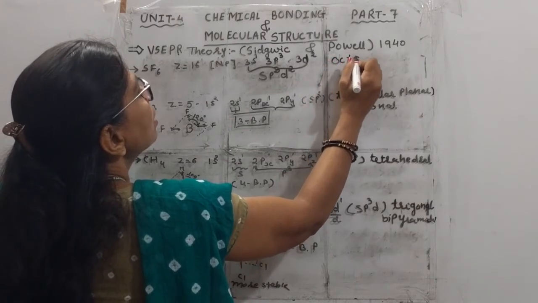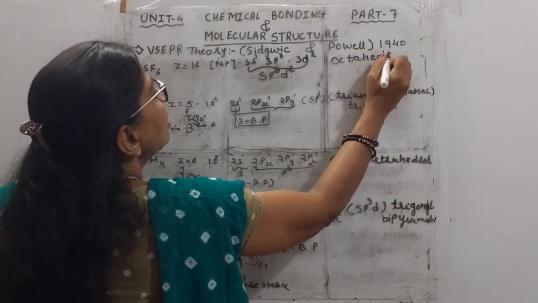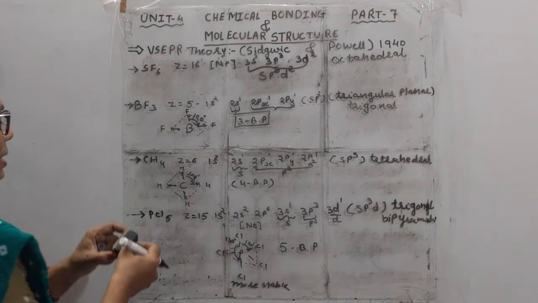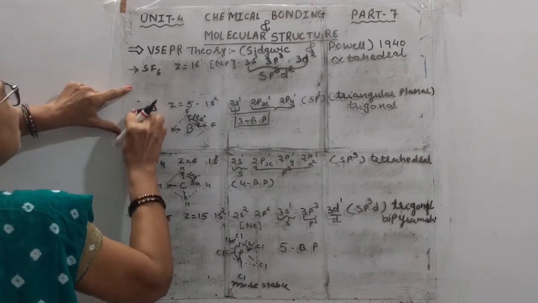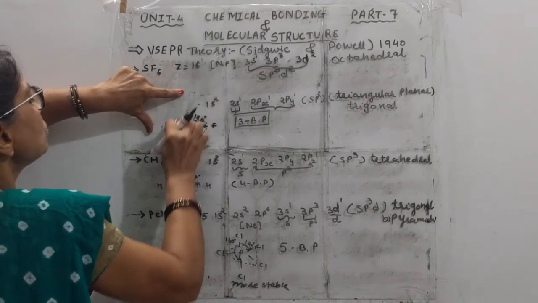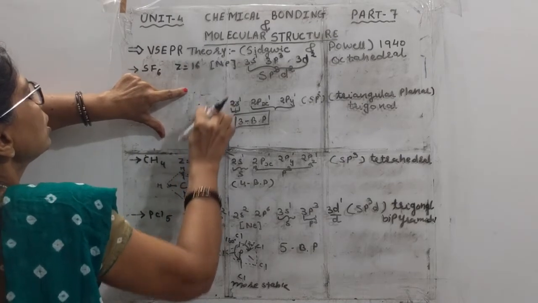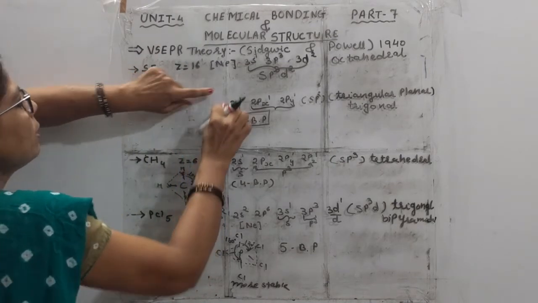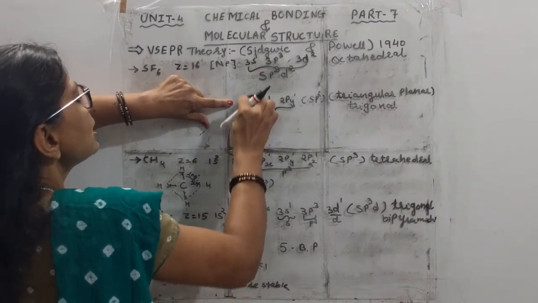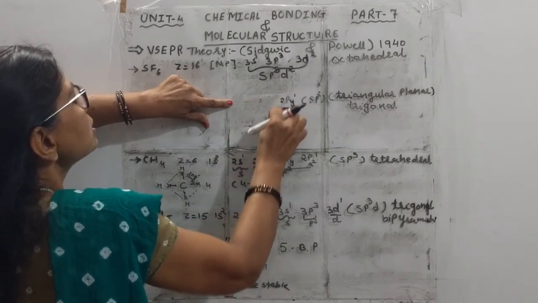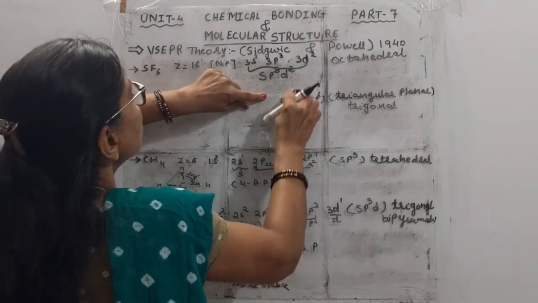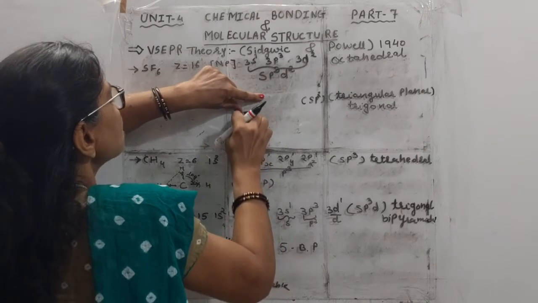Geometry gives octahedral. Octahedral means 4 in the front side and 4 at the back side. We'll just draw that octahedral structure, so that it is also clear to you how the octahedral, as you know octa means 8. So sulfur is the central atom surrounded by fluorine, and here we are with the 6 bond pair. Hybridization sp3d2, shape octahedral.